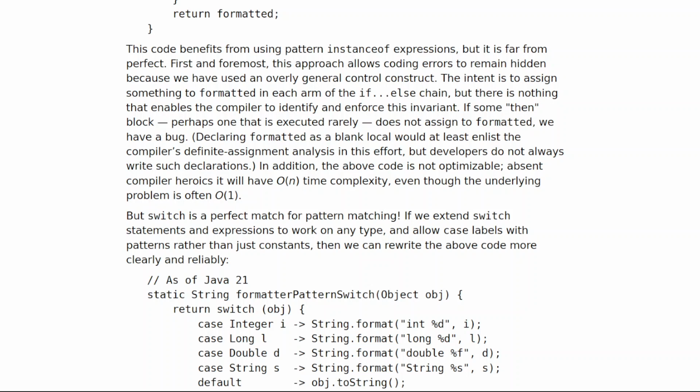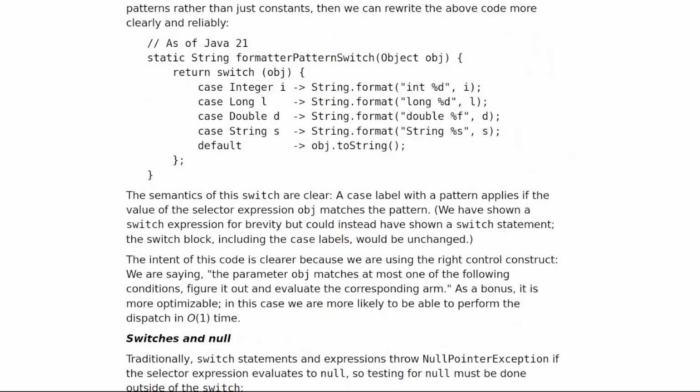// As of Java 21: static String formatterPatternSwitch(Object obj) { return switch (obj) { case Integer i -> String.format("int %d", i); case Long l -> String.format("long %d", l); case Double d -> String.format("double %f", d); case String s -> String.format("String %s", s); default -> obj.toString(); }; }